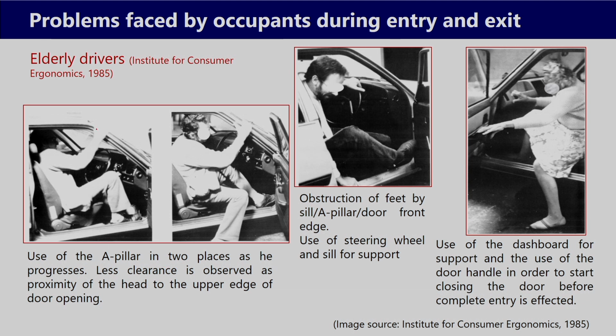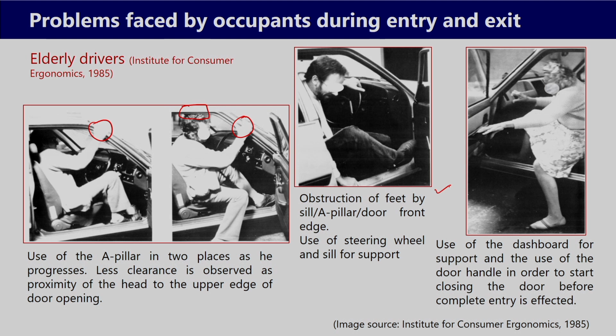So, they need to use, this is the A pillar, they need to hold this portion as well as this portion while the person is going inside. Less clearance is observed as proximity of the head to the upper edge of the door opening, and this space is also relatively less. Now, if we look at this image, then obstruction of the feet by sill, that is